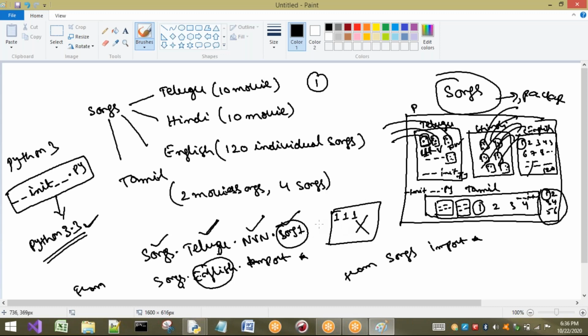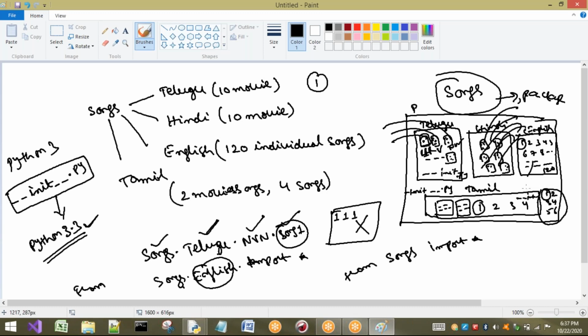So what is the package going to give us? By having the sub packages concept, I can have different modules with the same name. So here one is there, here one is there, here one is there. To access this one, I write songs.english.1. To access this one, songs.tamil.1. For this one, songs.1, directly I can access.